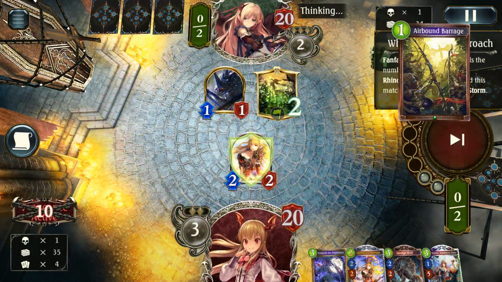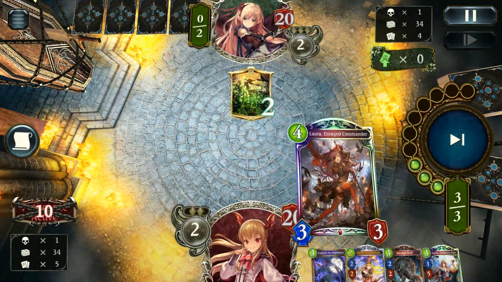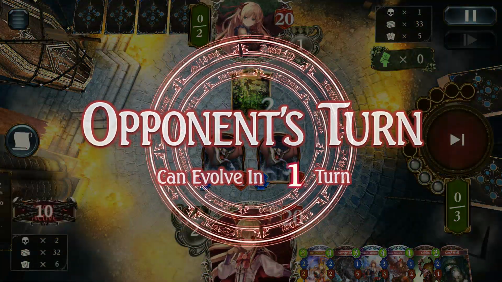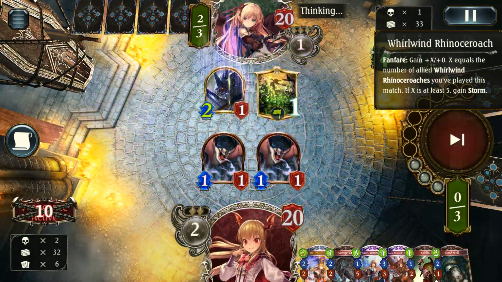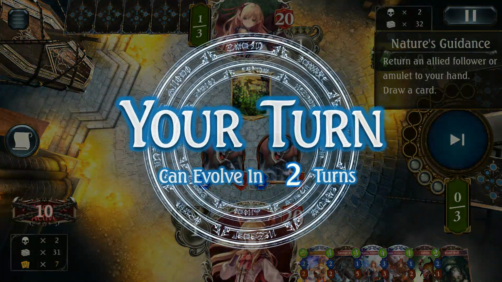So Whirlwind Rhino Roach plus Airbound Barrage. Airbound Barrage actually getting a reprint in the new set. Not looking forward to that. Airbound Barrage is always a troublesome card, and to see that it's going to be sticking around is never fun. Although I'm not a big fan of forests to begin with a lot of the time, so...